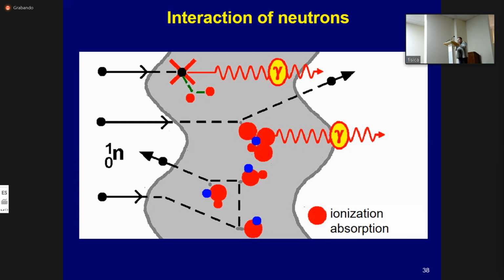And last but not least, the process is absorption. In absorption reactions, the neutron is actually captured by the nucleus, and the nucleus of the atom is in an excited state. Nuclei return to their ground state by emitting nuclear radiation, usually accompanied by photons. If the nucleus emits only photons to reach the ground state, the process is usually called radioactive capture.